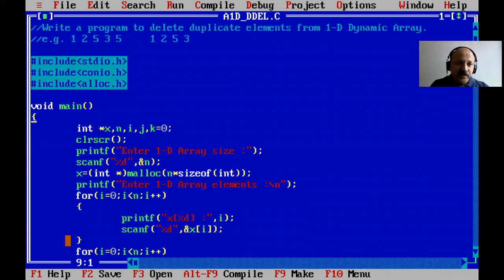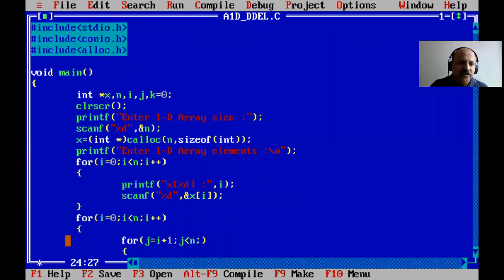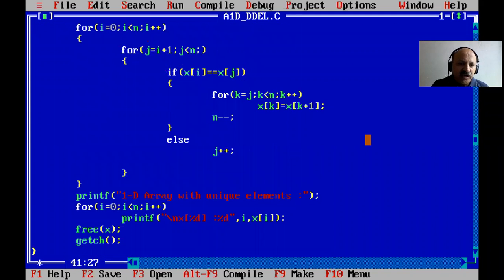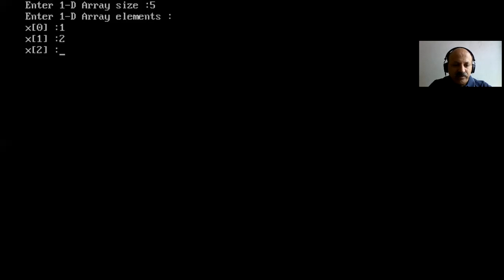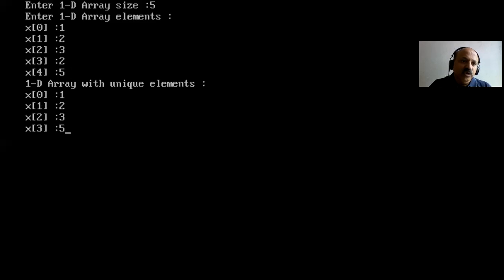So that type of method. And yes, you can use malloc or calloc. So for calloc, here you just use a comma, and there is no change here, the free function. So malloc and free, and calloc and free. So let us check. I run again, the last time. So I give, like, any elements where 2 we can repeat. So here I give like 3, again 2, and 5. So 2 is repeated 2 times. You can look here, 1, 2, 3 and directly 5. So 2 is not repeated, so those are our unique elements.